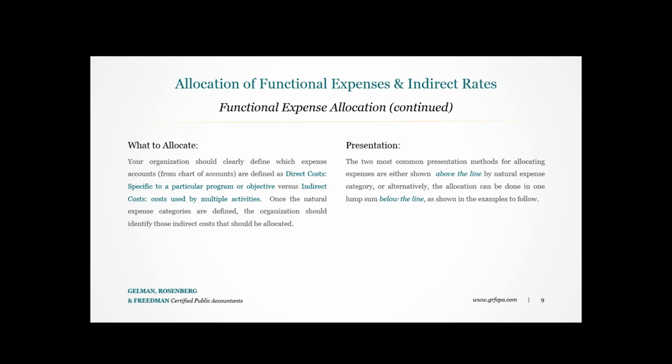programs efficiently, they should share in the portion of that indirect cost pool. So making a distinction between those indirect costs that will then be allocated out to the programs and our other supporting categories.